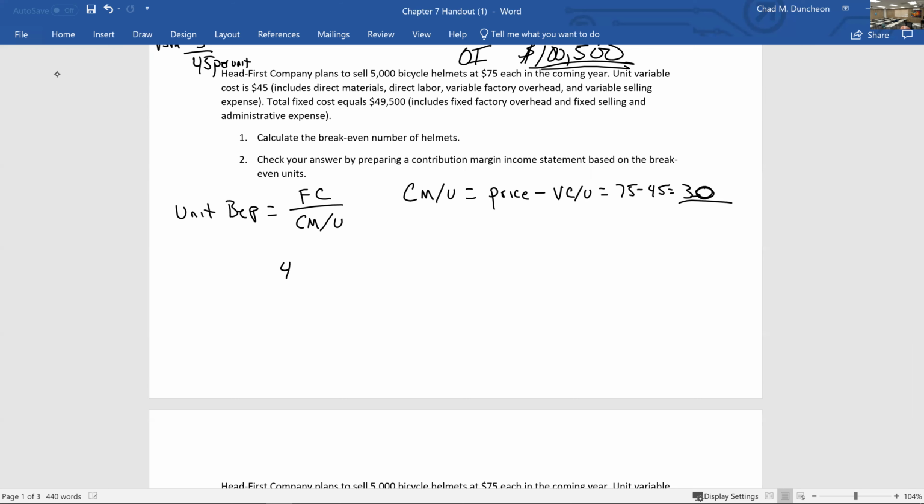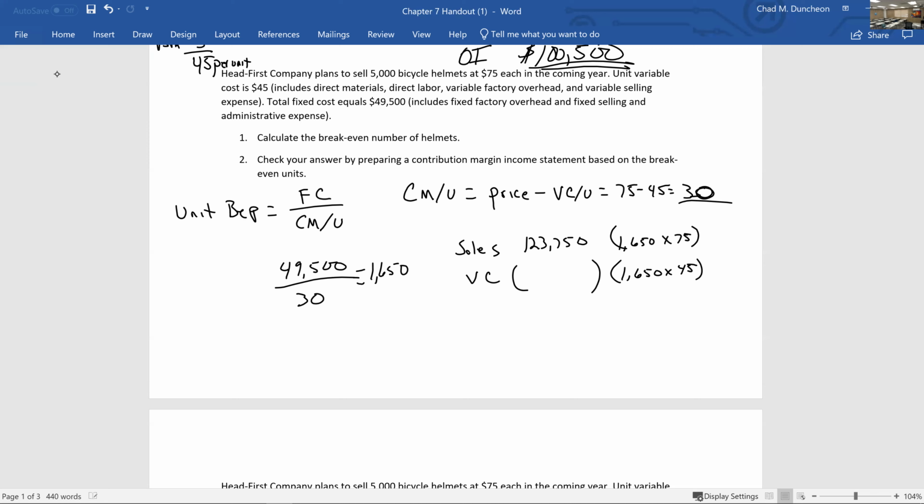Our fixed costs were 49,500 divided by 30 means our break even point here is 1,650, and it says do a statement to prove it. Well, if we took 1,650 multiplied by the $75 selling price, we would get sales of 123,750. Our variable cost would be the 1,650 times 45. So we would have total variable cost here of 74,250, making our contribution margin